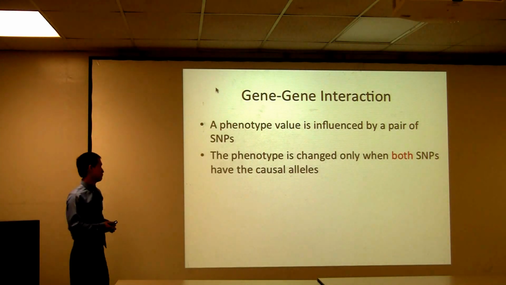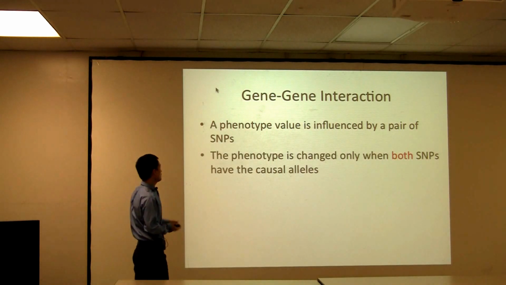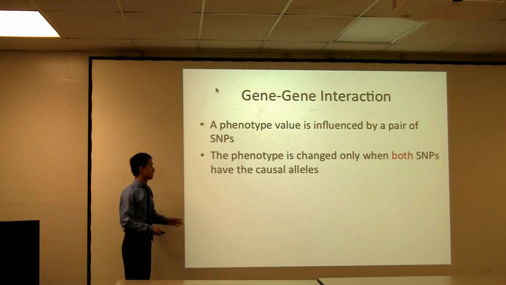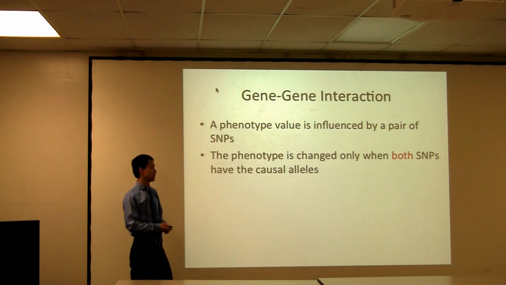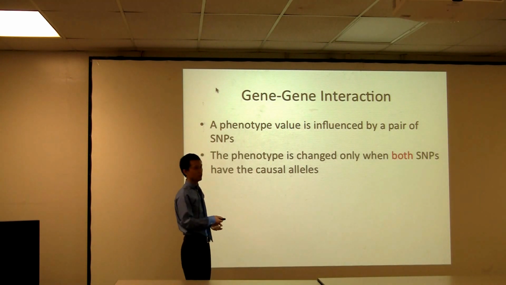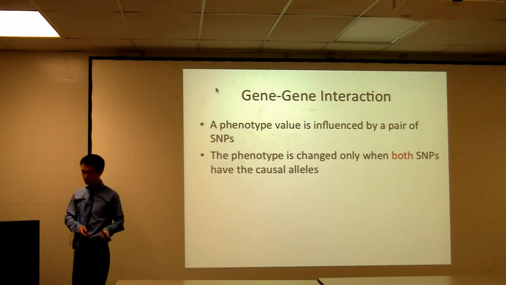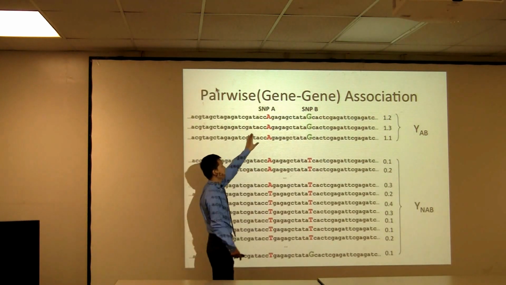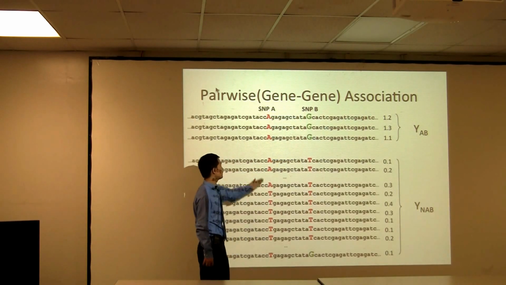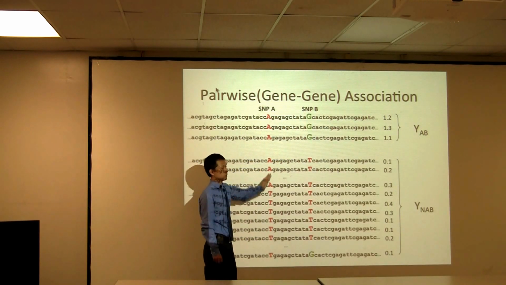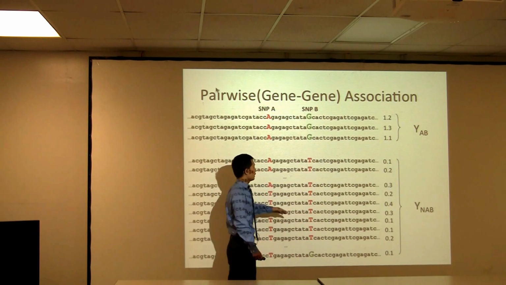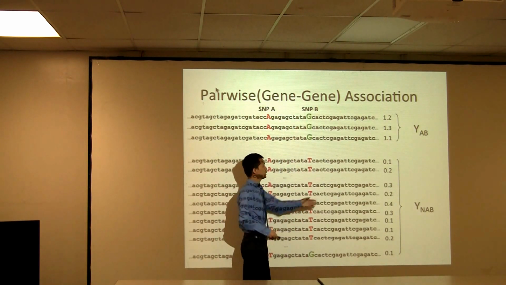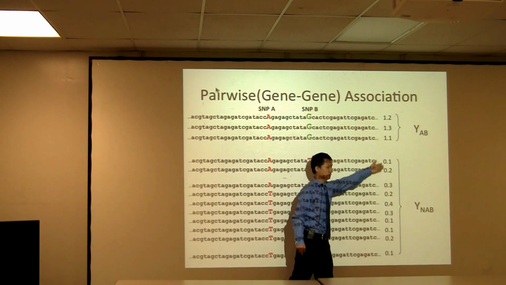However, recently many studies show that the phenotype value may be influenced by a pair of SNPs together. So the phenotype will only be changed when both the SNPs have the causal alleles. In this example, we have SNP A and SNP B, and the causal allele for SNP A is A, and the causal allele for SNP B is G. So only when the individuals have the causal allele in both SNPs, their phenotype value will be increased from the